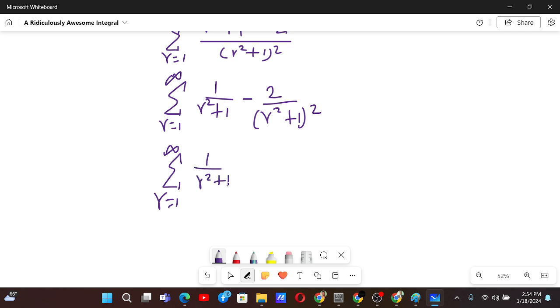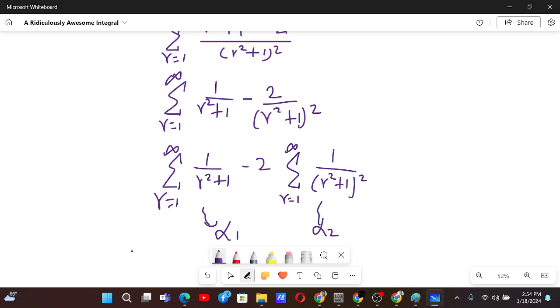The sum of 1 by (r square plus 1), minus 2 times the sum from r equals 1 to infinity of 1 by (r square plus 1) whole square. So let this sum be alpha 1 and this sum be alpha 2, then our answer will be alpha 1 minus 2 times alpha 2. Now this sum is well known. So now,